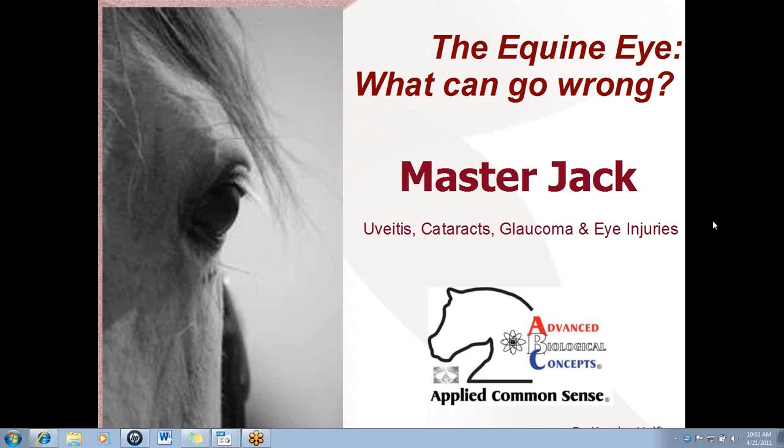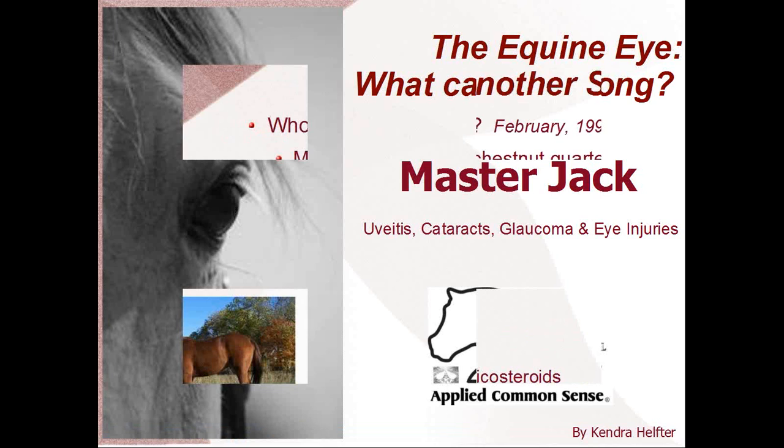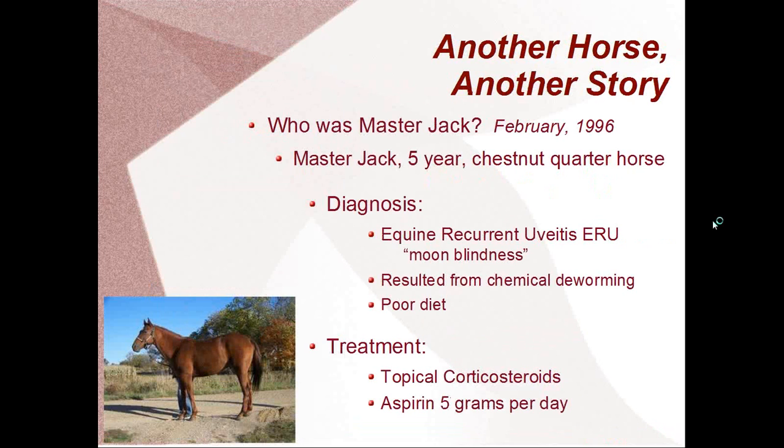Tonight we're going to be talking about the equine eye, but predominantly how uveitis affects the eye. And Master Jack is a name of a product of ours, but it also comes with a story. We have another horse and another story. Master Jack was a horse of a good friend of mine, and the horse was 5 years old, chestnut quarter